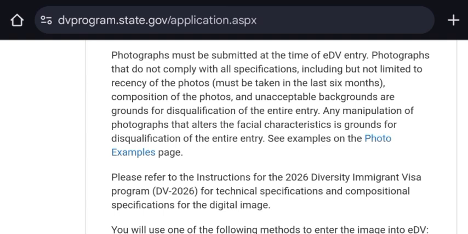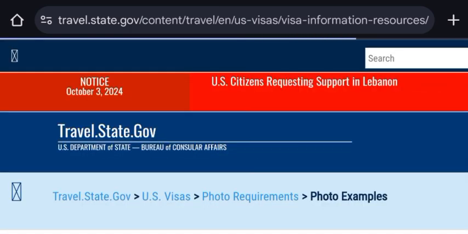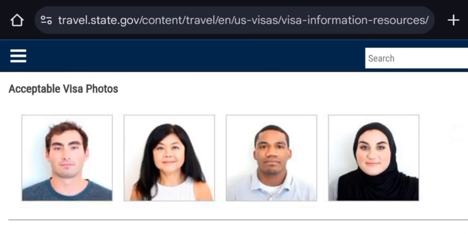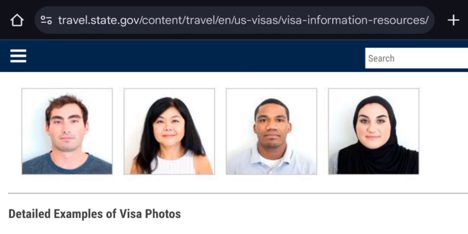See example of the photo. Those are examples of pictures or photos of visa photo.